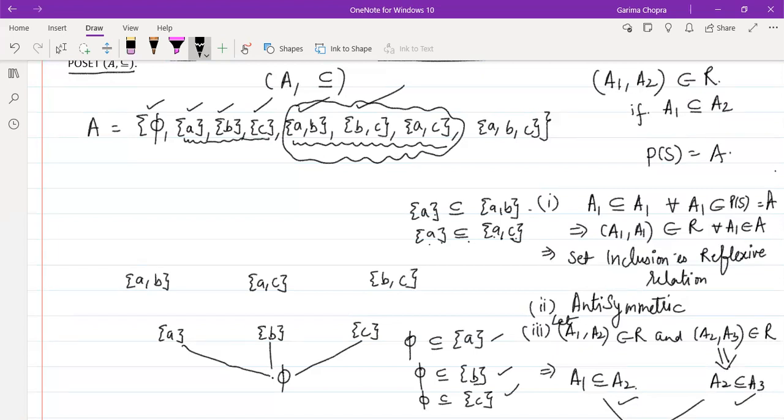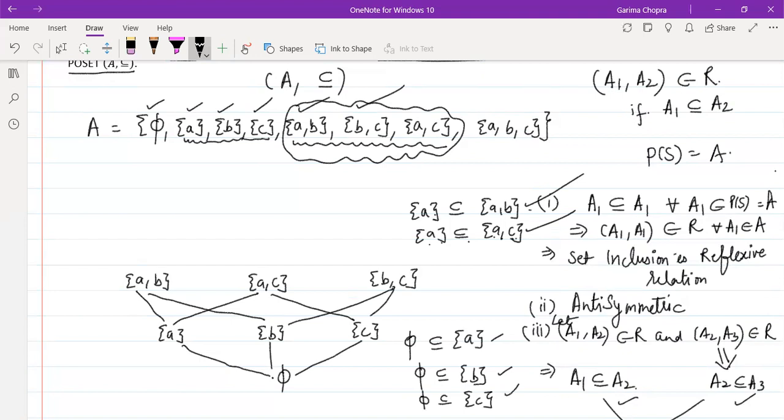Now let us consider the edges as per the relation. Singleton set A is related to this set, and it is related to this one also, so let us draw an edge here also. Now come to the singleton set B. It is a subset of the set having two elements AB, so we will have the relation here. Singleton set B is not a subset of the set having two elements AC, so we will not consider an edge here. And here we will have an edge. Similar is the case for the singleton set C. It will be related to this one, and also to this one.